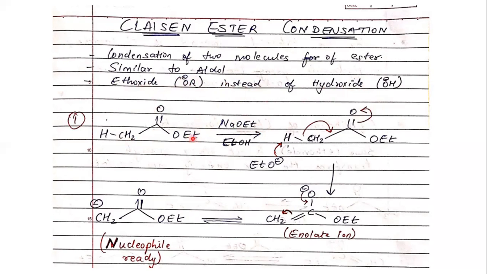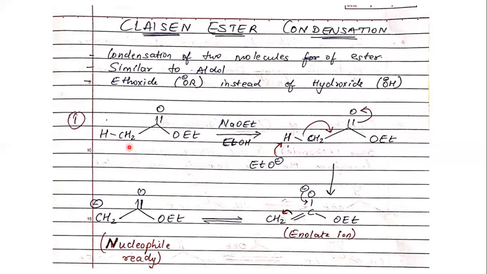So I have taken here one molecule of ester. This is your ethyl acetate. Now the prime requirement for this reaction is quite similar to aldol condensation, where at least the ester should have one alpha hydrogen so that an enolate can be formed. Just like your aldol, we are going to create a nucleophile from one molecule of ester, and then we are also going to create an electrophile from the same kind of ester. The reaction that we are seeing right now uses two molecules of the same ester, which is ethyl acetate.